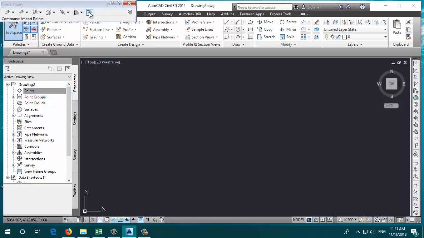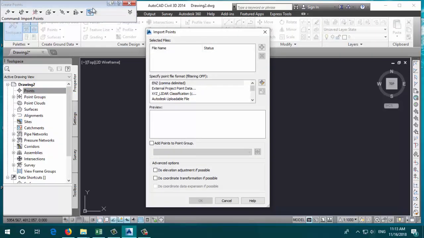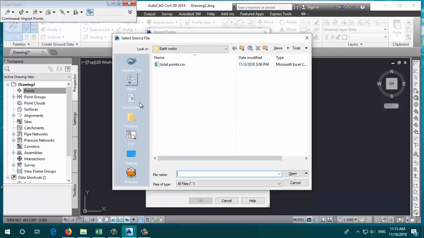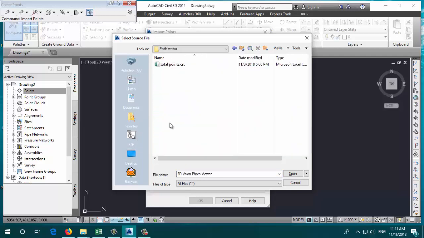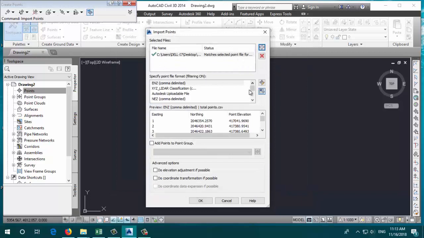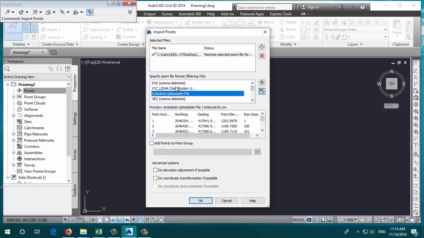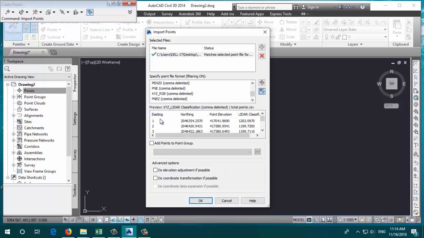You can choose this. This is importing points from outside, so you can click here and go to the file that you already collected the data in. This is the total points for me that I received, and here you can choose the description of the points. So the points